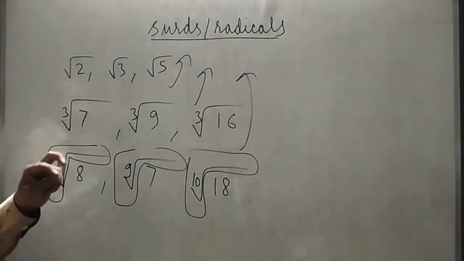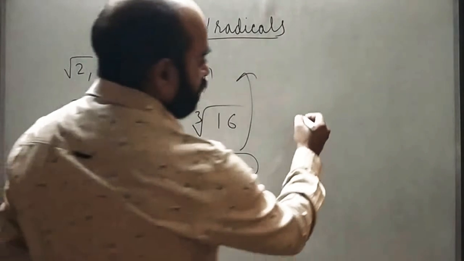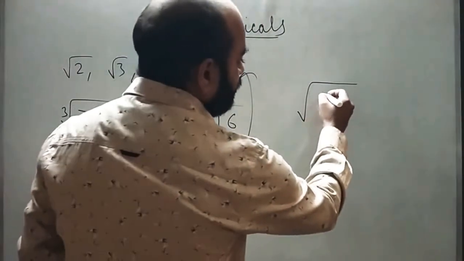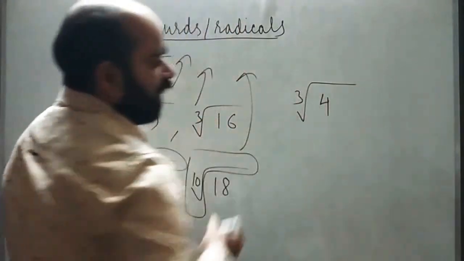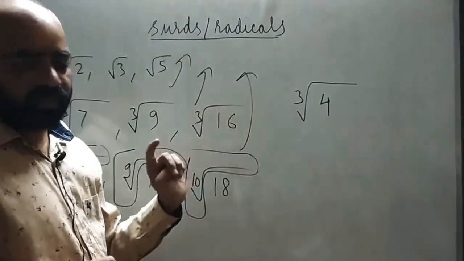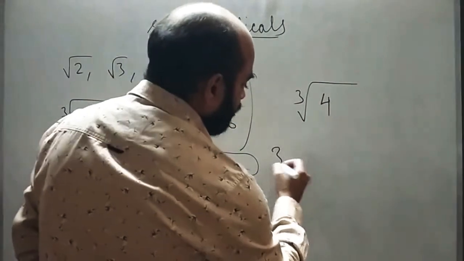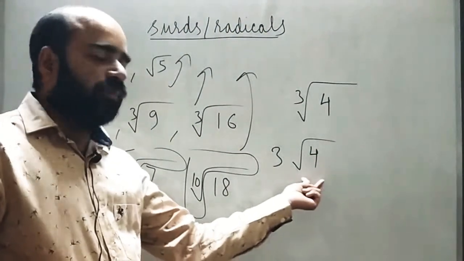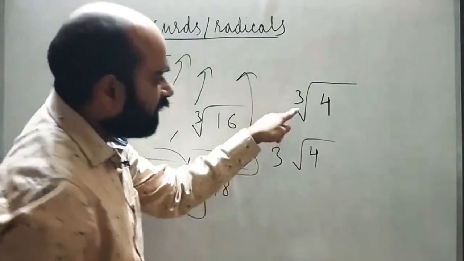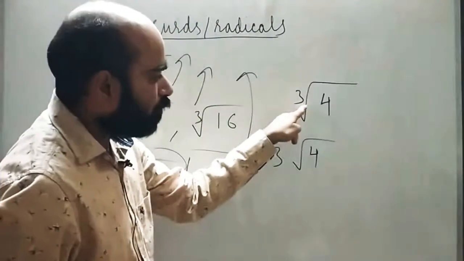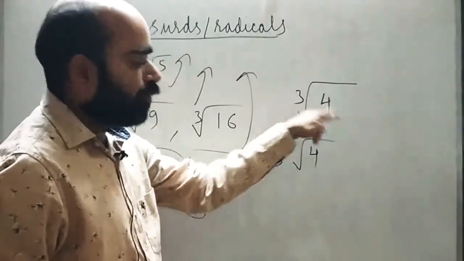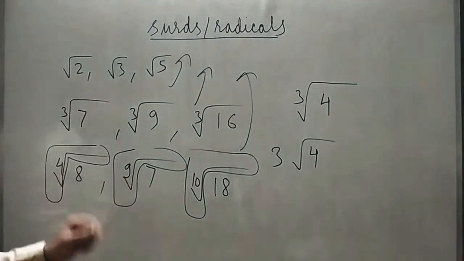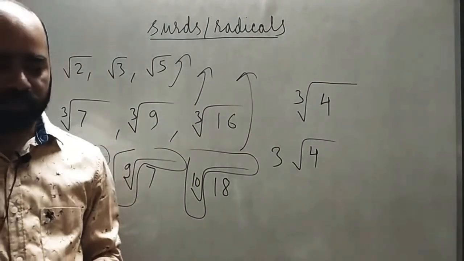So in surds or radicals there are three things. First, this radical sign. Then one number is inside, another number is outside. See, there is a difference between these kinds of numbers. If 3 root 4 is written, 3 root 4 means 3 is multiplied to root 4. But when 3 is at the top of the radical sign, this means cube root or third root. Here 10th root, 9th root, 4th root. So these are radicals. Clear?